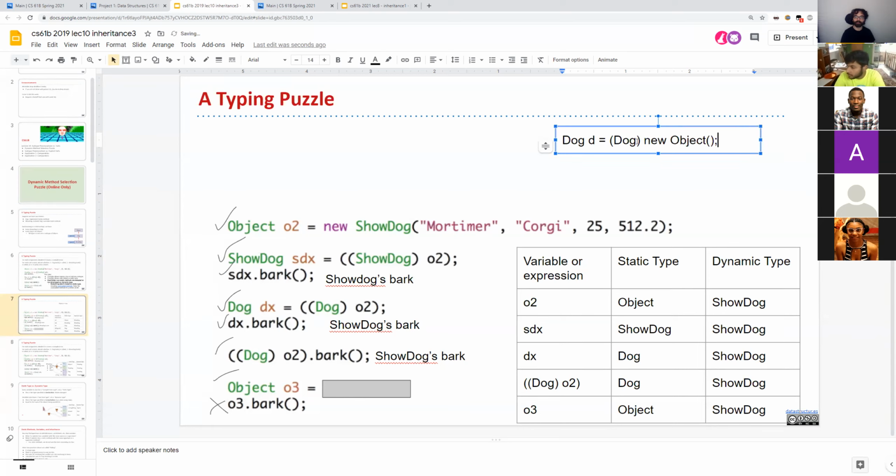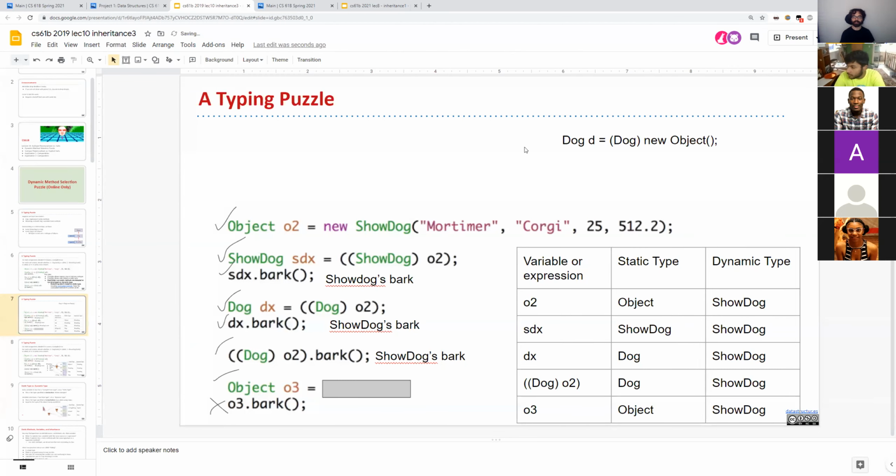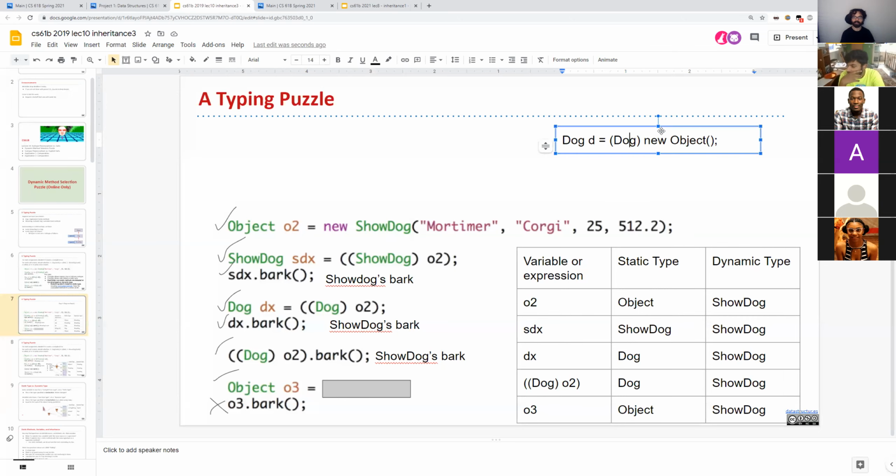That would cause a runtime error. What the compiler would see is that someone is trying to put a dog in a dog box. So the compiler is going to be totally okay with that. The types line up perfectly fine. But then at runtime, when this actually happens, it tries to cast an Object as a Dog, but an Object is not a Dog, so it'll be a runtime error. Oh, okay. So that's an example of a runtime error. Okay, thank you.